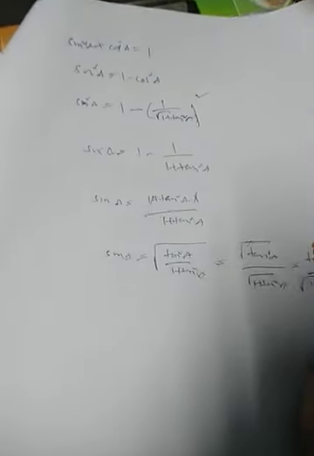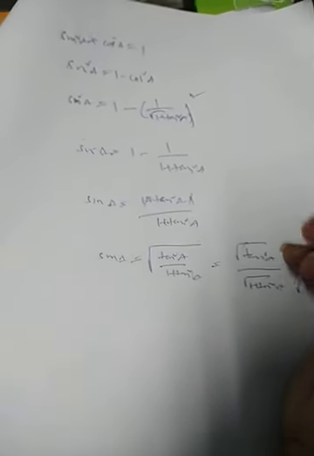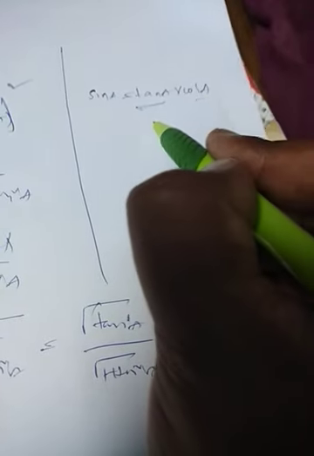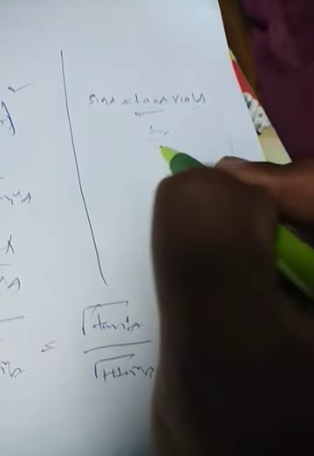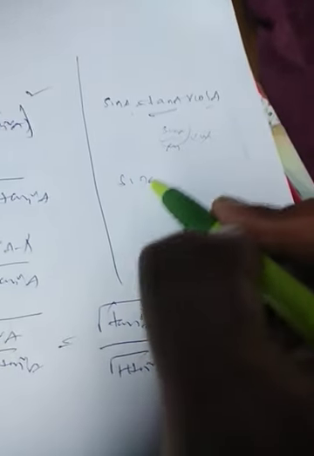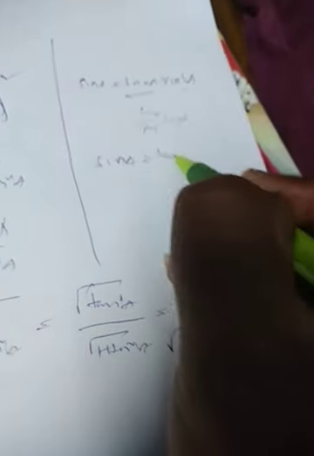So this is about that. Otherwise we can write it in an easier way also. I can tell you, sin A I can write as tan A into cos A. Why? Tan A into cos A. Tan is actually sin by cos. Sin A by cos A into cos A, both are cancelled, you will get sin A only. That is the reason sin A is equal to tan A into cos A.